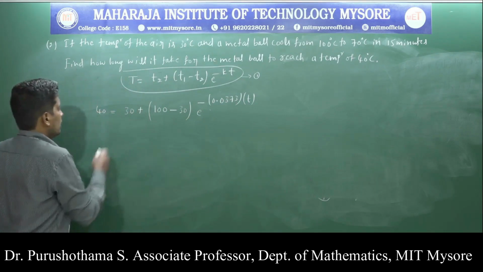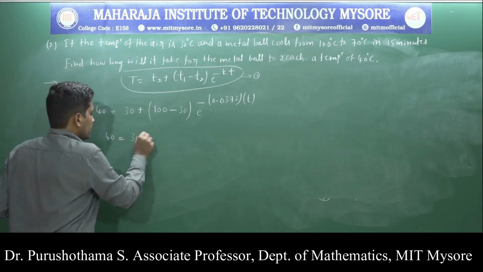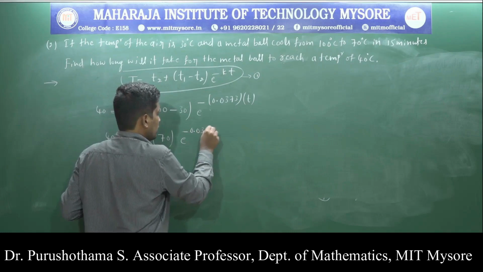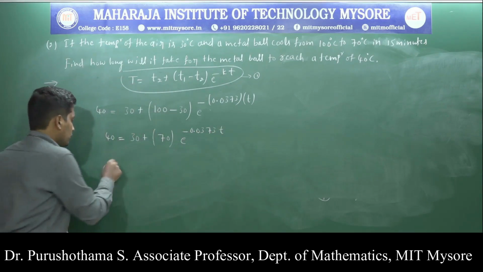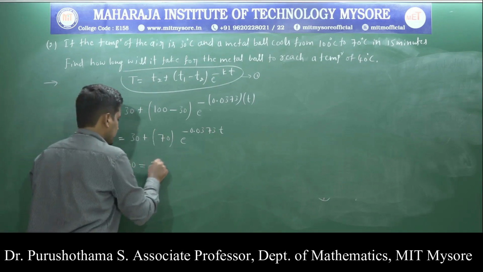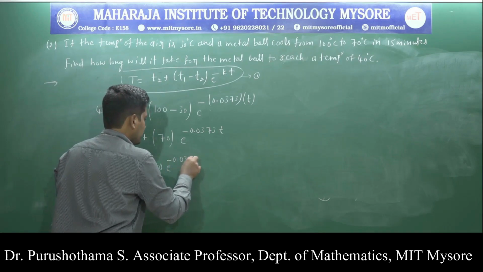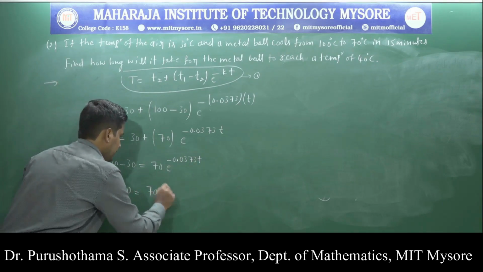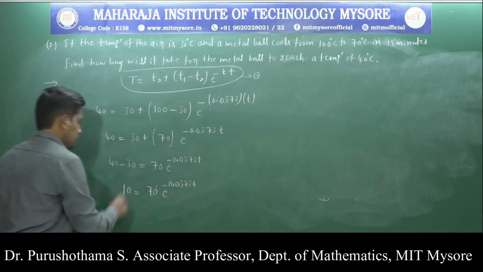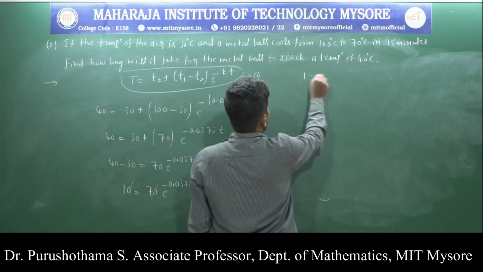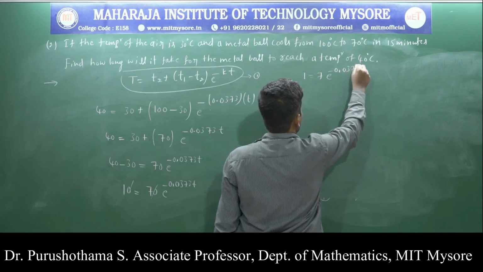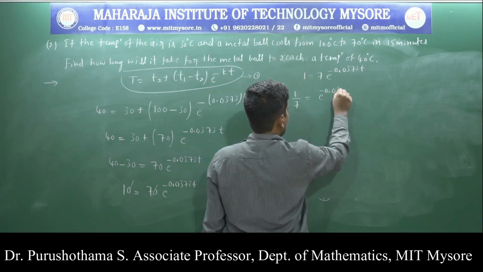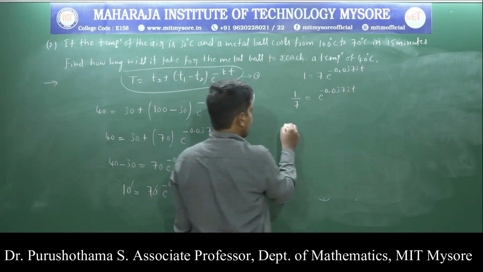So we have to find the time small t when the metal ball reaches a temperature of 40 degrees Celsius. That is, 40 is equal to 30 plus (100 minus 30, which is nothing but 70) into e power minus 0.0373 into t, or 40 minus 30 equals 70 times e power minus 0.0373 into t. 40 minus 30 is nothing but 10. 10 is equal to 70 into e power minus 0.0373 into t. Here the zeros cancel, so 1 is equal to 7 into e power minus 0.0373 into t, or 1 by 7 is equal to e power minus 0.0373 into t, which can be written in the form of e power